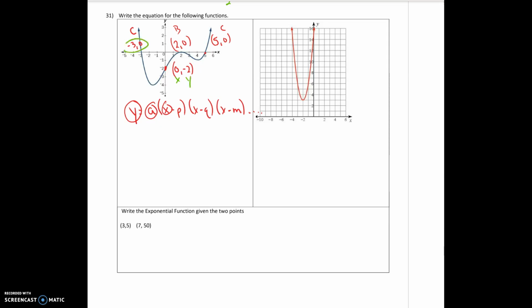And then I will be making the factors that would have gotten me these x-intercepts. So under y, I'm going to put -2. Our goal is to find out what a is, so I'll leave that as a. And then in my parentheses, I'll put the x value that we have, which is 0. And actually,